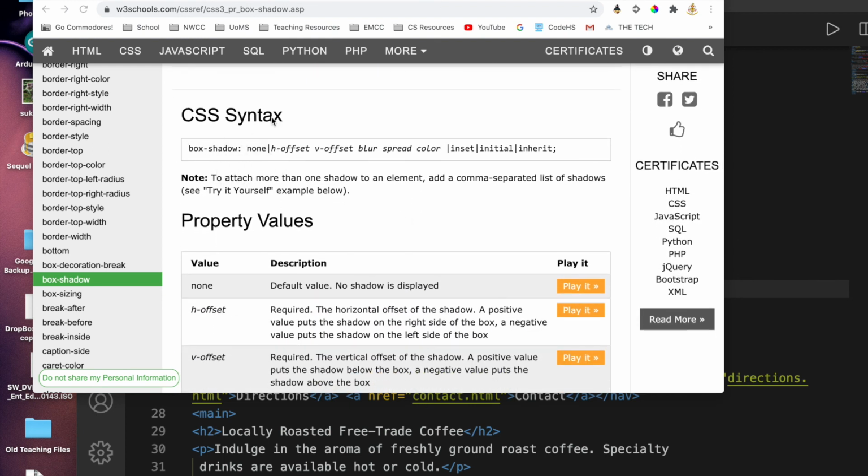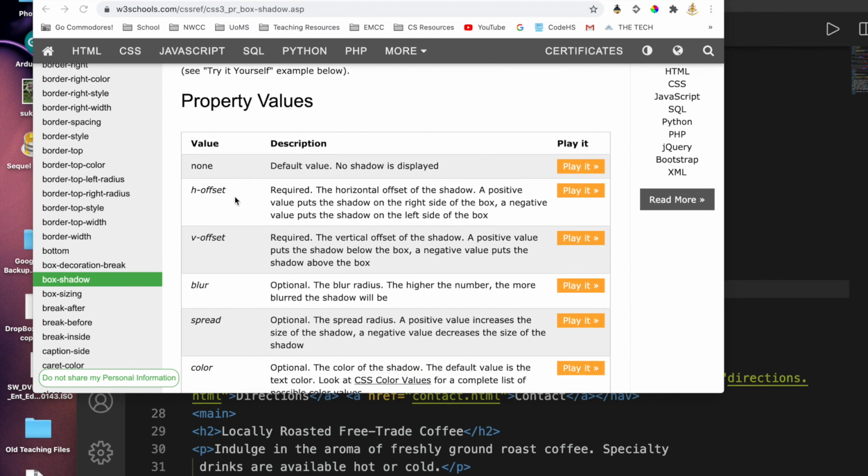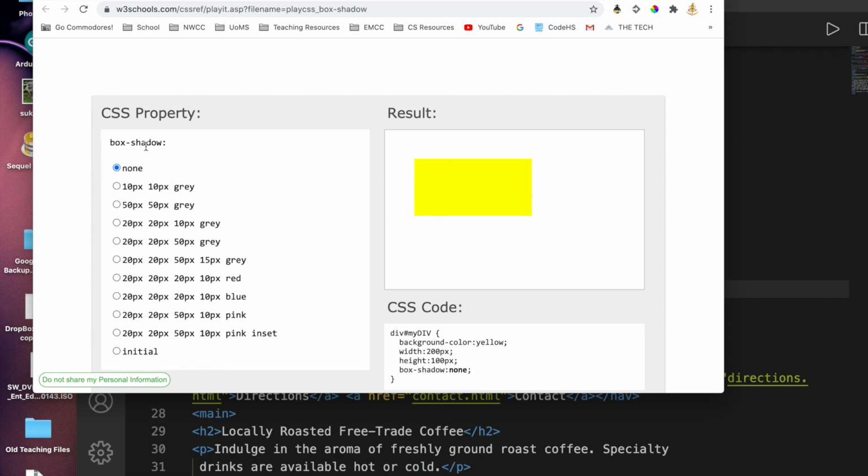Down here is the syntax for the box shadow property. These are potential values, and then here's what they mean. Like horizontal offset, it's the horizontal shadow, and the vertical offset, the vertical shadow. It tells you about putting positive or negative numbers and what will happen. And then if you click here to play it, then you can play with different options to that box shadow